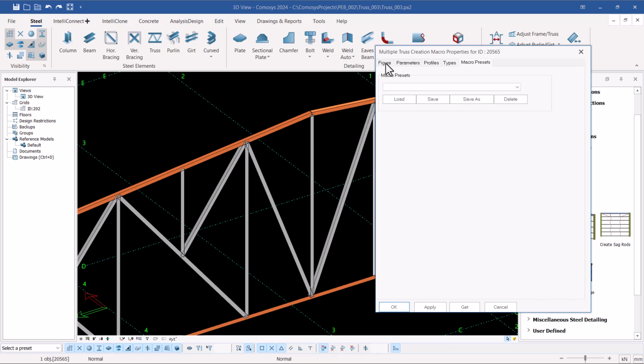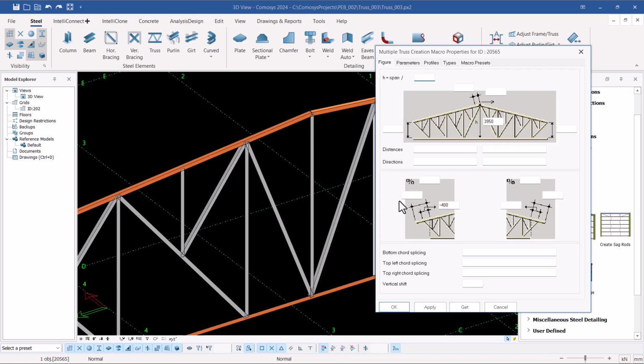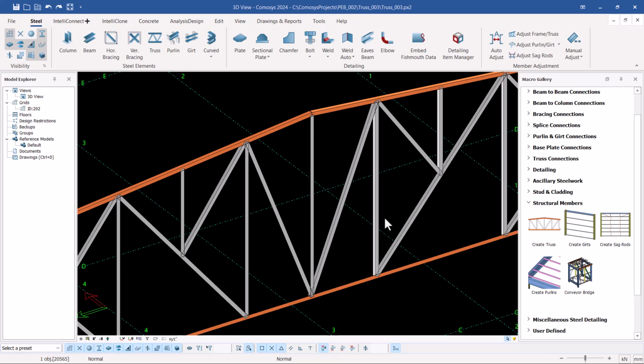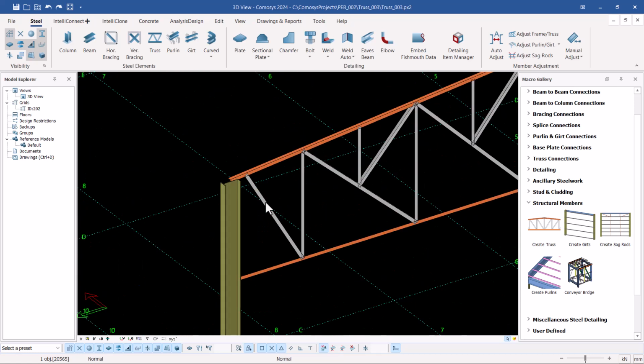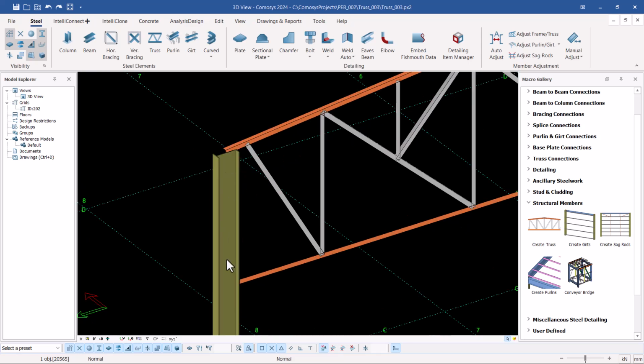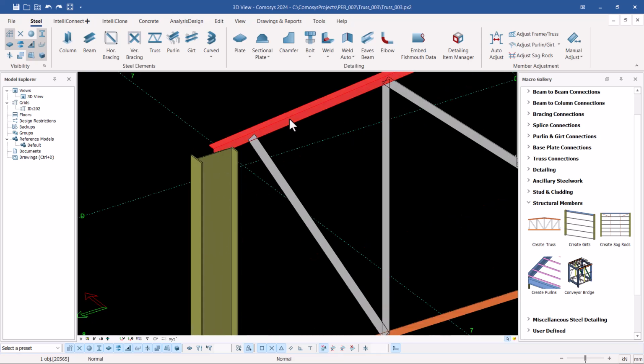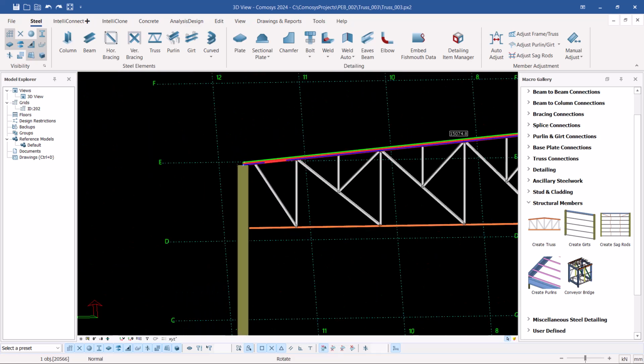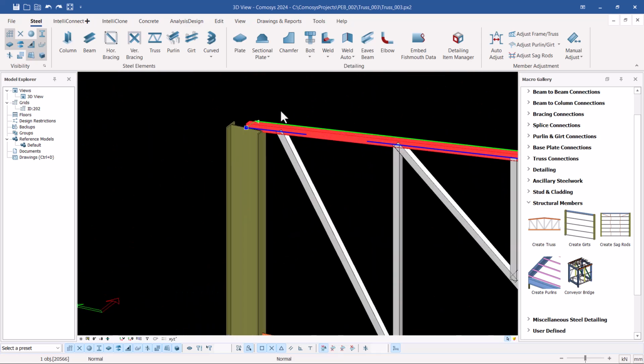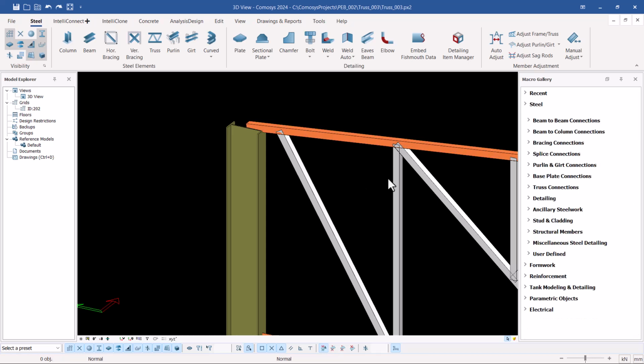Let's come back to the figure, and if I zoom out, I'll just click OK because I'm satisfied with what I have. What I need now is to create a connection between these two. I'm going to create a connection between this truss and the column. Let me turn that around, minimize the structural member here and scroll. We'll assume this is the beam and this is the column, so we'll go straight to